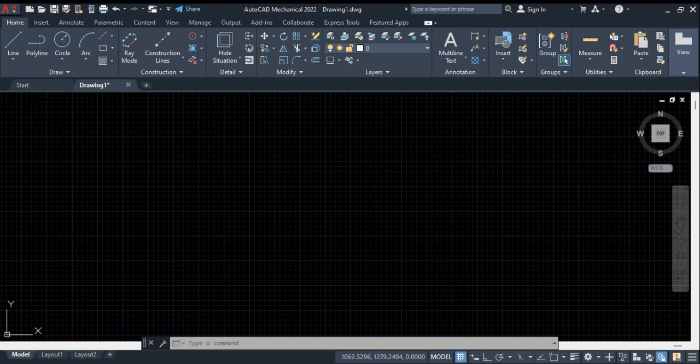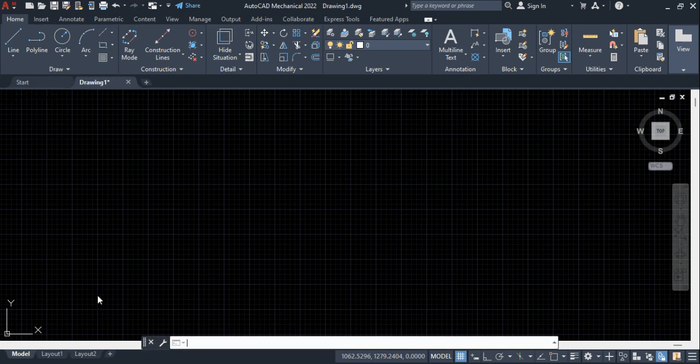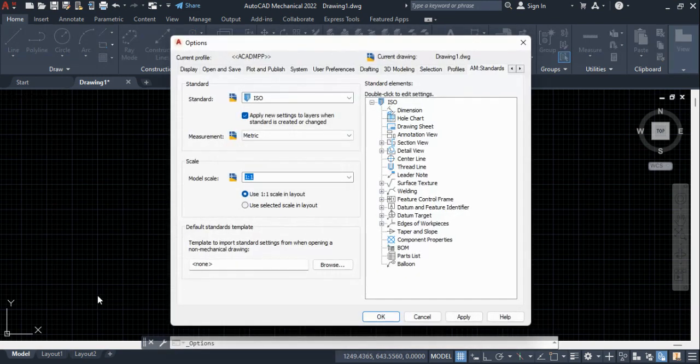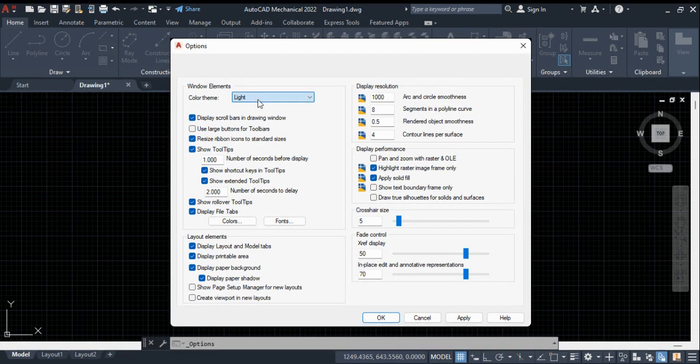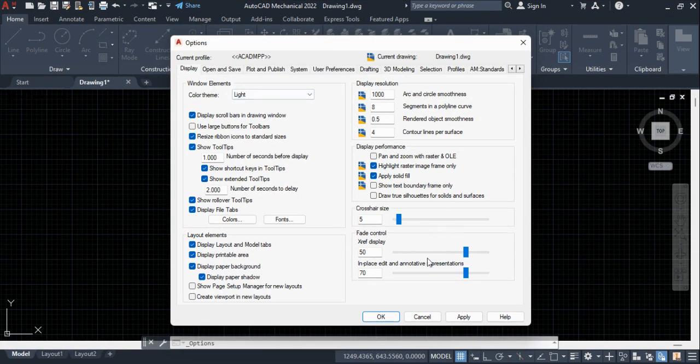So we want to click on Options, to do some settings so that we'll see what we'll be seeing once we start our drawing. Currently I'll click on the Display tab. In the Display tab, I can do some settings here by changing the window elements, the colors that I already have in AutoCAD. Currently the color theme for my window element is dark. If I click on it and I select light and I select